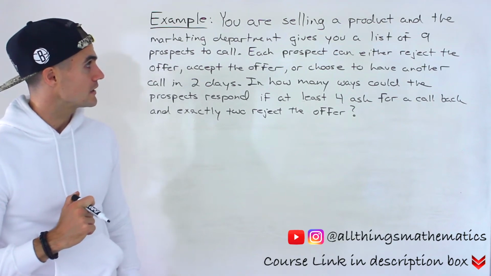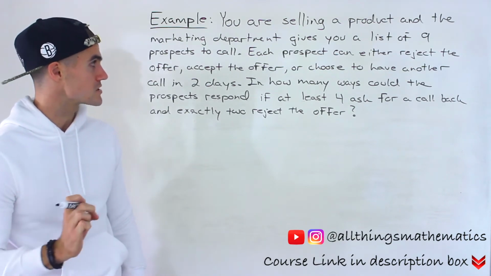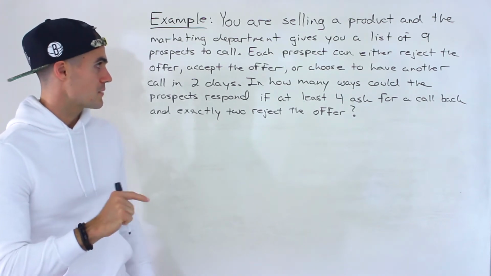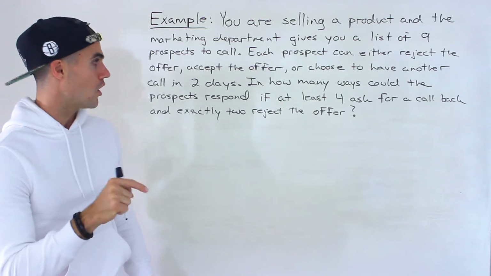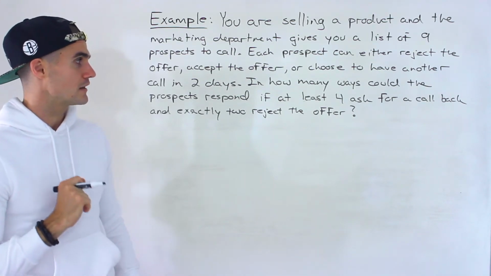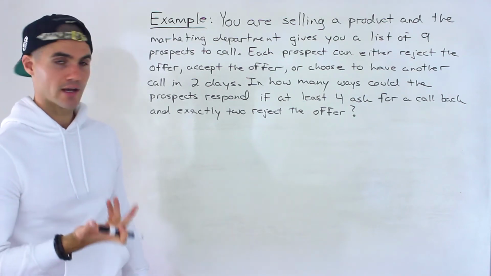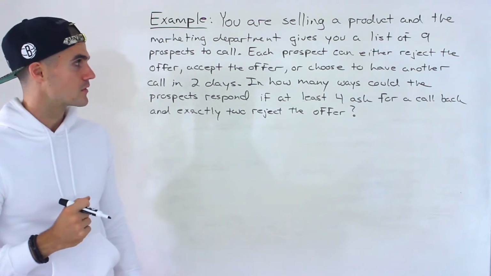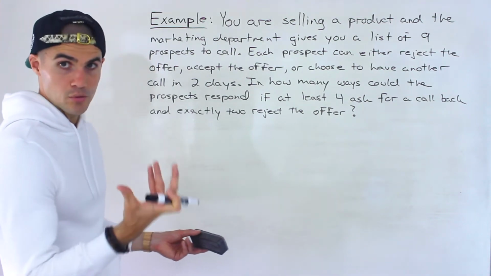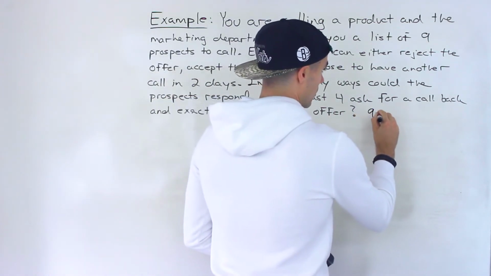So you are selling a product and the marketing department gives you a list of 9 prospects to call. Each prospect can either reject the offer, accept the offer, or choose to have another call in 2 days. In how many ways could the prospects respond if at least 4 ask for a callback and exactly 2 reject the offer? So this here, it's going to be another labeling problem, and what's happening is there are 9 prospects